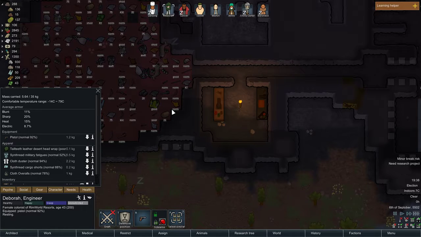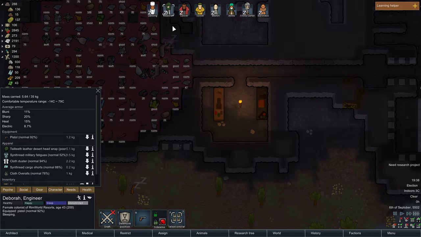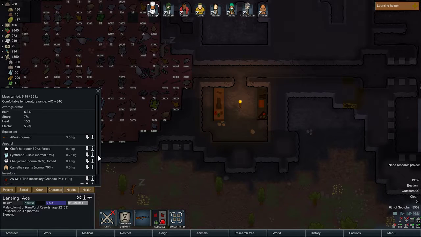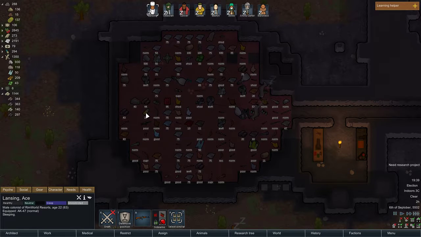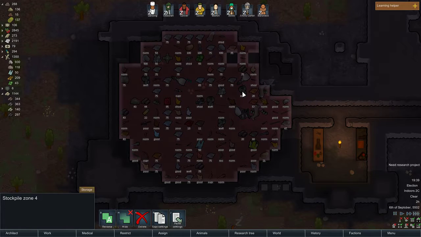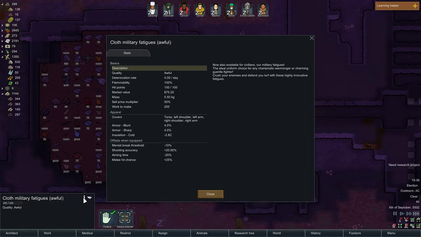Let's see. The military fatigues, or whatever goes in that kind of second slot. They are torso, left arm. Okay. So what are we wearing there? The scent thread t-shirt? Jacket goes on over it. All right. So where are those fatigues? I also really like to kind of sell off those, I think. Awful, awful, awful, awful, awful. Across the board, just awful. All right. Well, we may recover those. But even then,